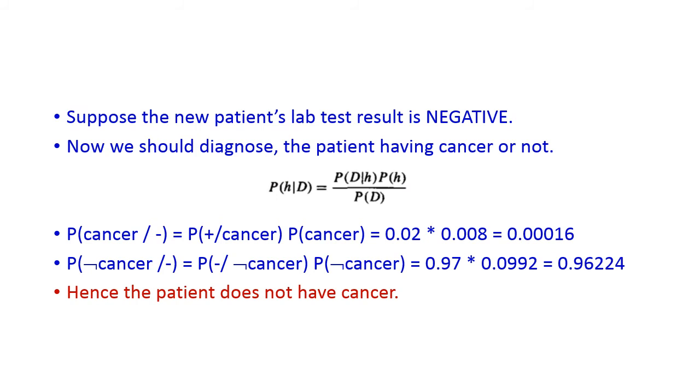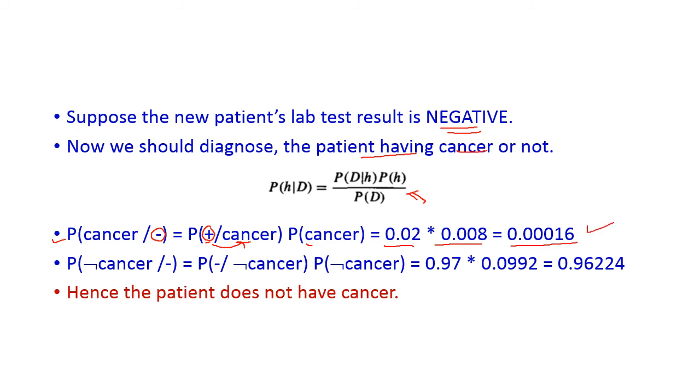And suppose the new patient's test result is negative. We should diagnose whether the patient has cancer or not. Now we are going to apply the same data into this Bayes theorem. P of cancer when the test result is negative is equal to P of negative when cancer is true, that is, the test result is negative when cancer is true, into P of cancer, which is equal to 0.02 into 0.008, which is equal to